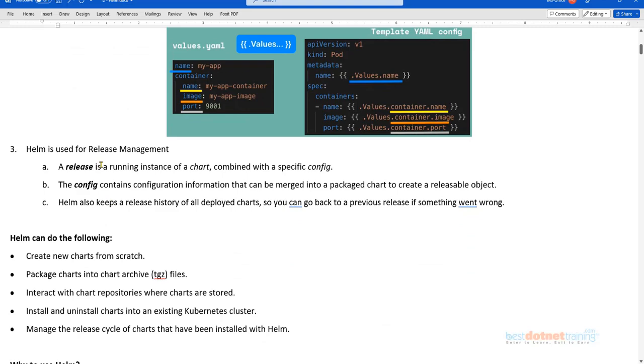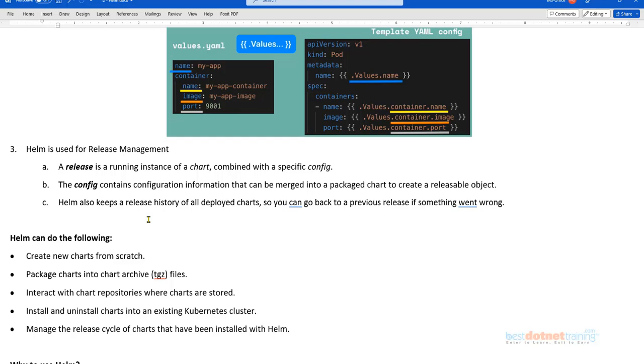It also is used for release management. So what do you mean by release management? Maybe you have a particular version of an application right now deployed and running. Maybe you have a certain application which is evolving by nature. When I say it is evolving, that means there would be certain changes. So how do you manage the different versions of the application? This is what we call in the industry release management. So Helm also allows us to do release management for our Kubernetes applications.